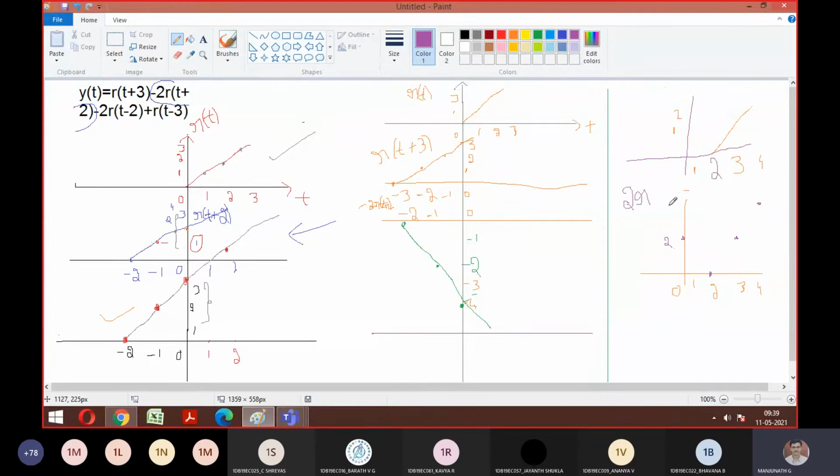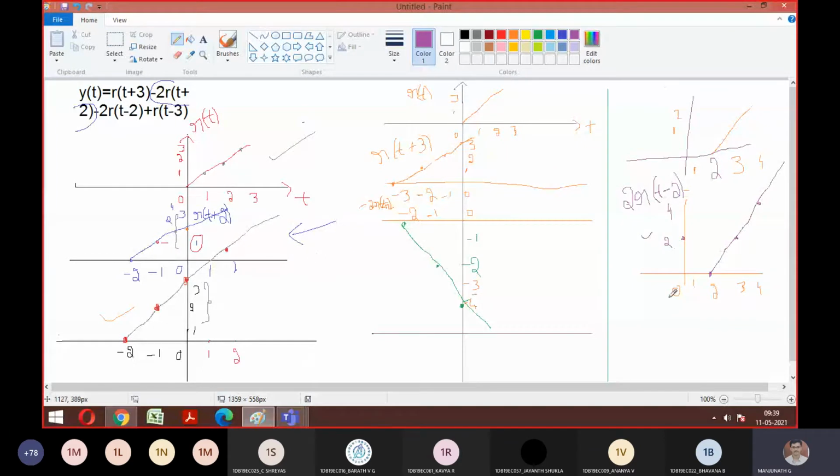So this is the only thing you should remember. The remaining you can do the same way. This is how it looks. It will go continuous like this. So this is your 2r of t minus 2. I hope everyone got till here. One thing you got clear from yesterday to today's class is that the ramp function is not going to end. It will be continuous. Only the amplitude will differ, from multiplying by this amplitude scaling. Is that okay, guys? Shall we move on?